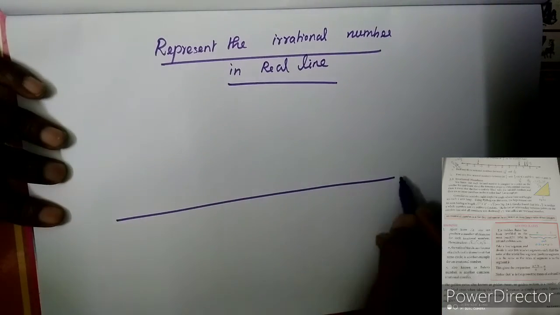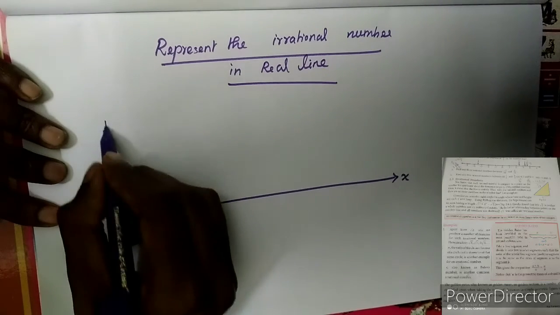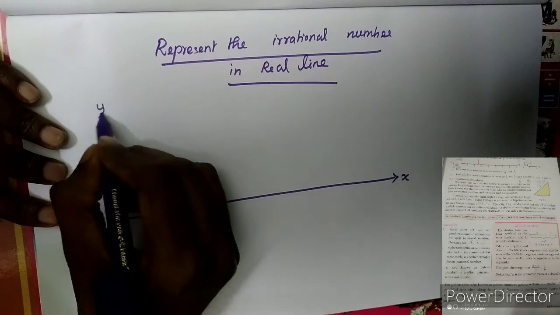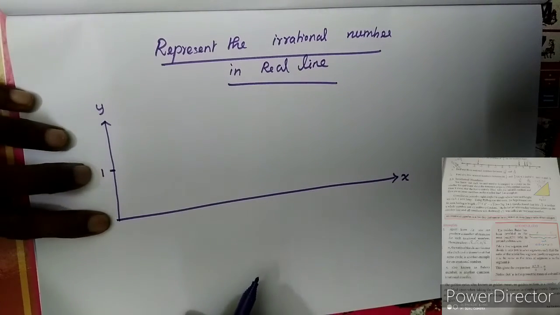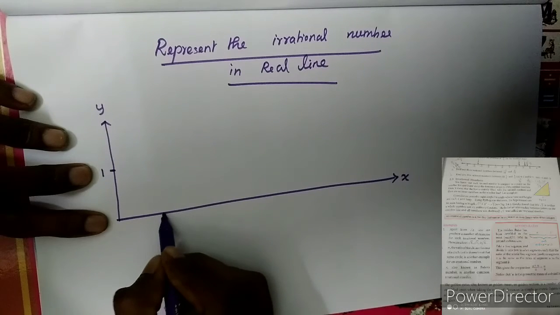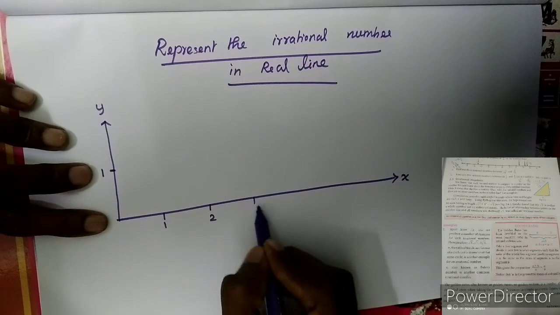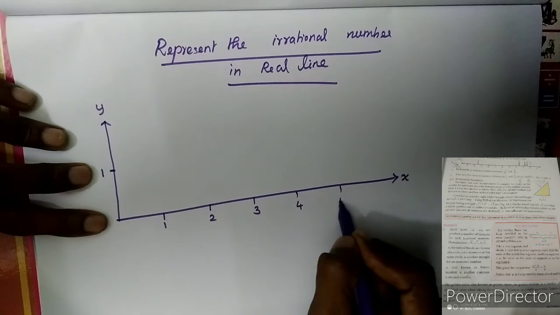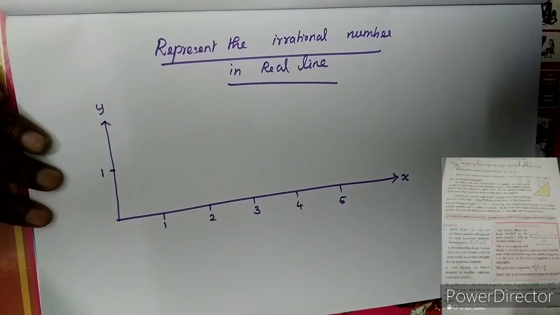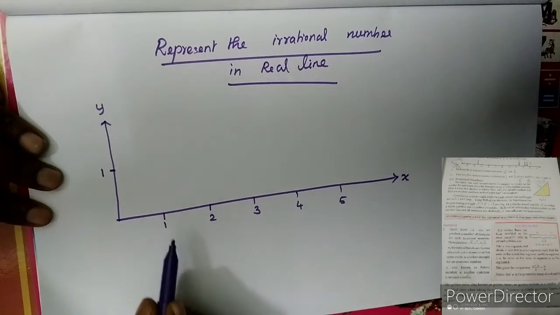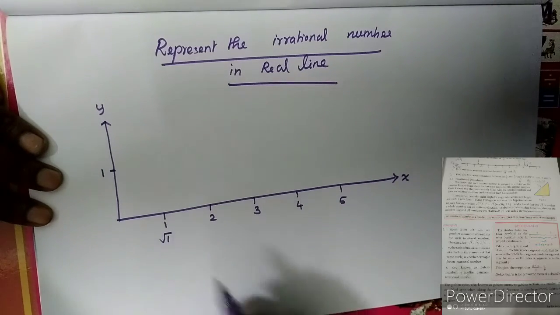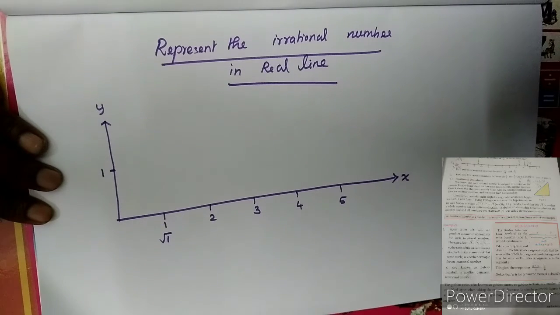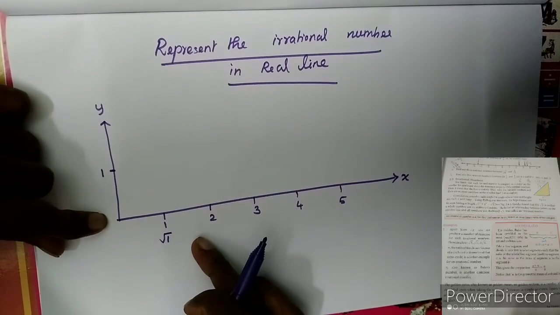We want to consider the x-axis and y-axis positive direction. The height should be 1, here always it is 1. In the horizontal direction, consider 1, 2, 3, 4, 5. First you want to know what is root 1. Root 1 value is 1. So root 1 is already there, therefore no need to represent root 1. What is root 2? It is a decimal number, so we want to represent it by using a shortcut way.